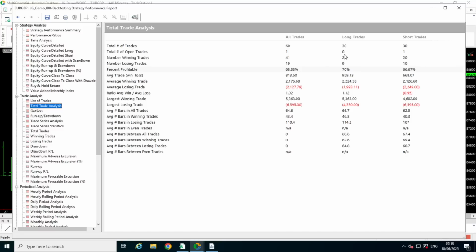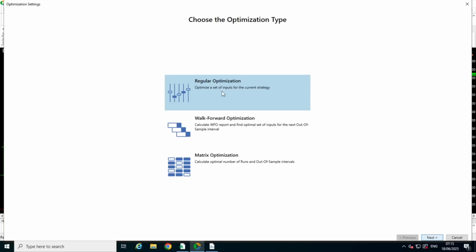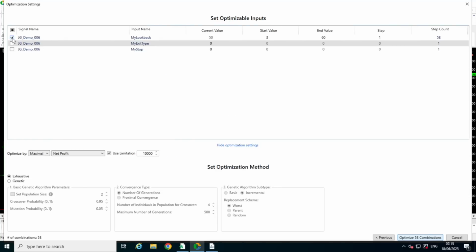The next thing I want to do though is include a stop loss. So let's run a test on the stop loss value. Going to keep the look back at 50, and we're going to run a test on the stop loss between £1,000 and £4,000. That's equivalent to 100 to 400 pips in steps of £250 or 25 pips. So let's run that optimization,